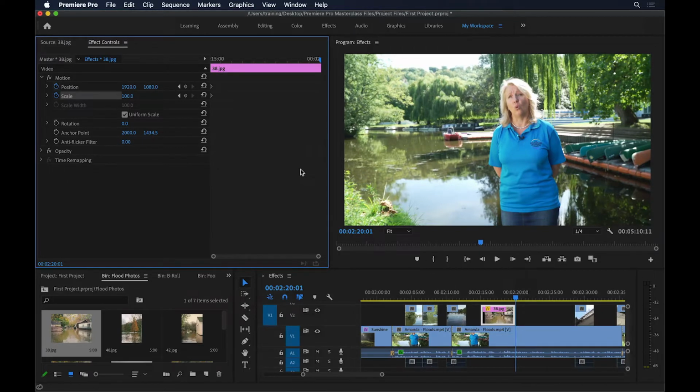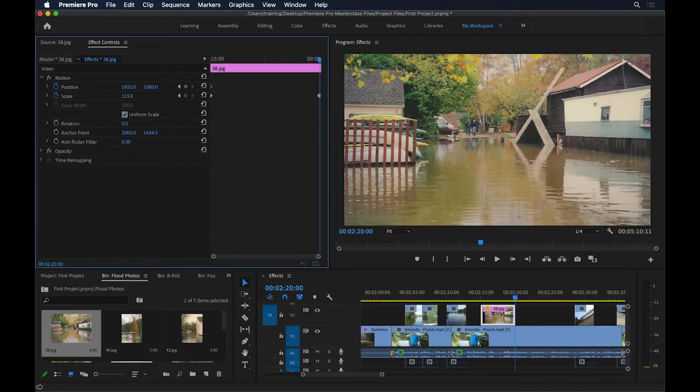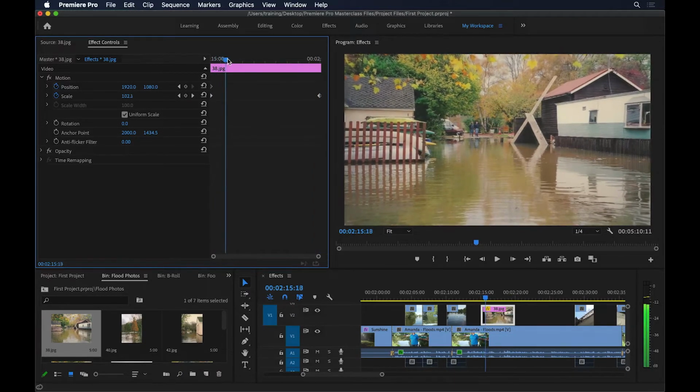So I'm going to press the left arrow once to go back by 1 frame. So this is the last frame of this photograph. I'll then scale this up to, let's say, 115%. Naturally, because we are going above 100% of the original size of the image, we are going to lose some quality, but that's okay for now. And what I have simply here is, if I go back and play, the photograph is zooming in